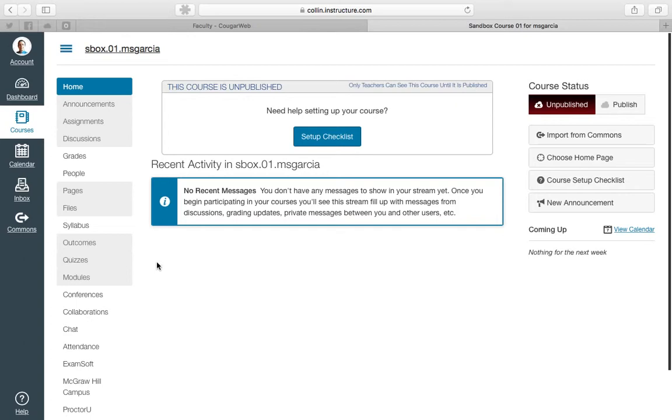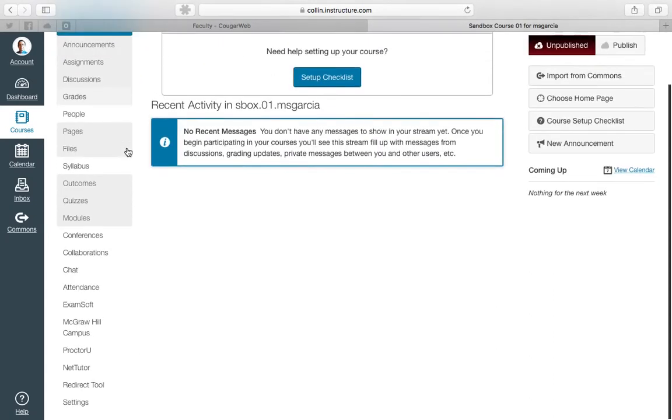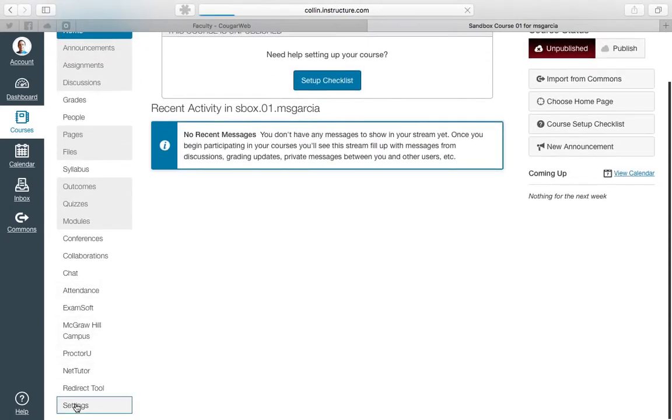Alright, so in this tutorial we're going to talk a little bit more about how we can customize this navigation bar and view our Canvas course as a student. So I've logged into my course, and in the navigation bar I'm going to want to go all the way down to the Settings tab, which you'll notice I have to actually scroll down right now to get to Settings. So I'm going to go to Settings,